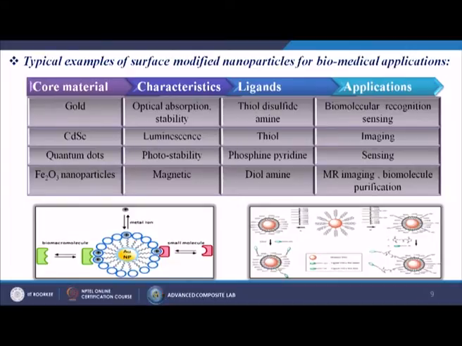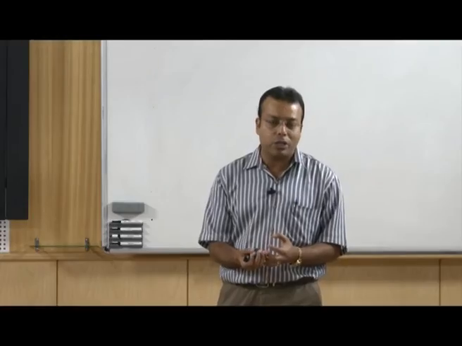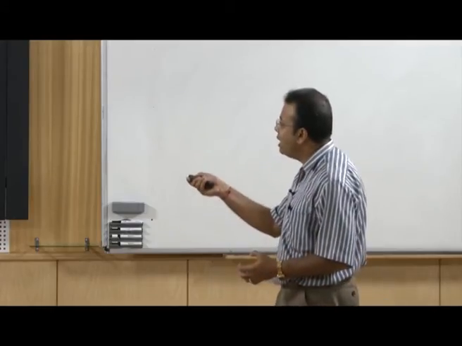But what are the ligands, or the functional groups, we are attaching to them? They are called thiol, disulfide, amine. Why are we going to use them? Because the application will be biomolecular recognition sensing. Directly we can't use this gold for this particular purpose, so we have to do some kind of modification of these materials, then only we can get